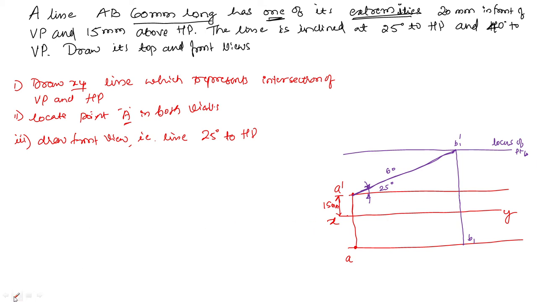Okay. Next. Draw the line in top view. So what is the inclination it made in top view? It made 40 degree with respect to the vertical plane. It is going to represent on the horizontal plane. You are going to get its top view. Now it is 40 degree. Then you draw a line here. It's B. Okay.